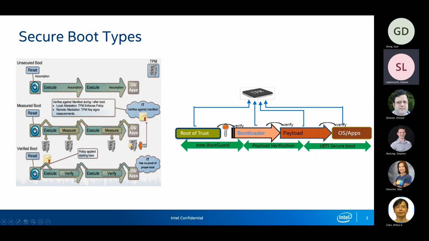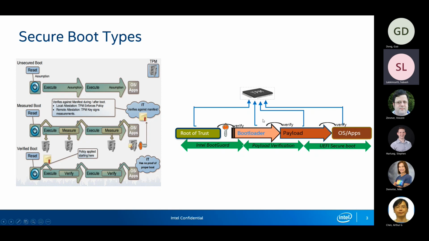Similarly, verified boot is the same thing. Before loading, based upon the policy, based upon the encryption or whatever verification we do, it verifies the policies. Coming to the universal payload, for example, how it happens in the real environment: there is a root of trust, which could be anything. In our case, we took the Intel Boot Guard example, which loads the root of trust and verifies the bootloader.